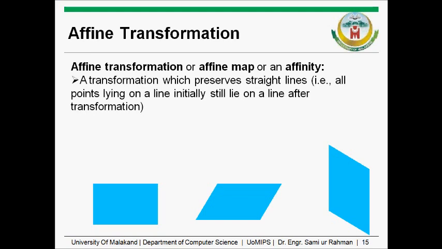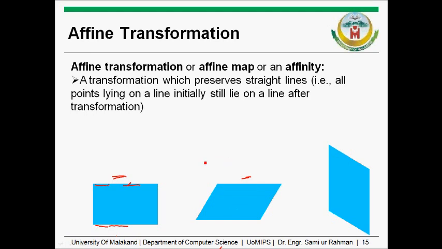Okay, for example, this is the object and this is the object after transformation. So the shape is not the same, but this line and this line are parallel in this object. So when they are parallel in this object and in the object after transformation, then we say that this is affine